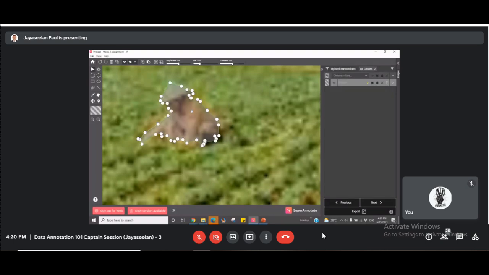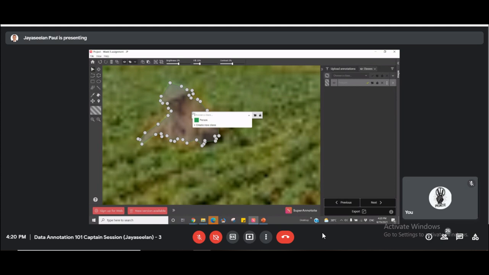So this person I'm marking as person, assuming it as female. If you're not sure, put unknown, and I'm classifying this person as worker. Likewise, you'll have to do that.